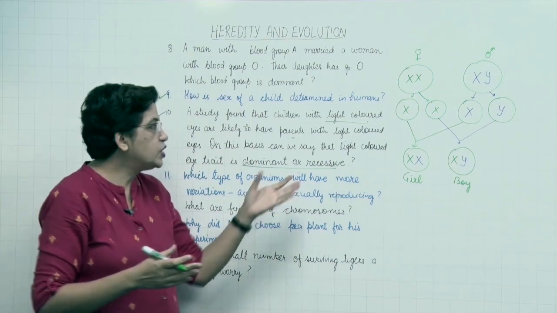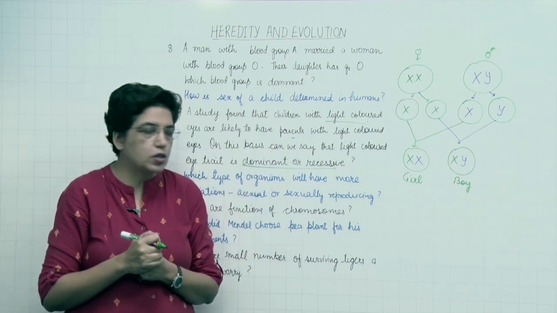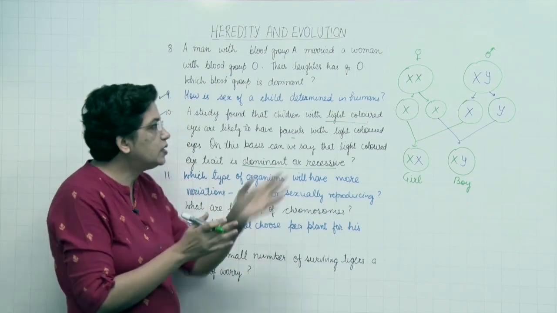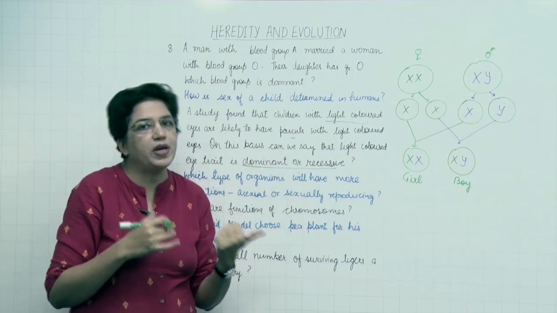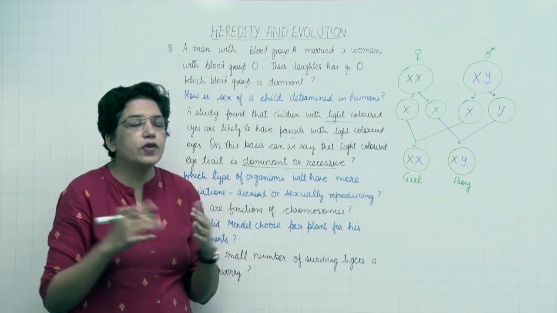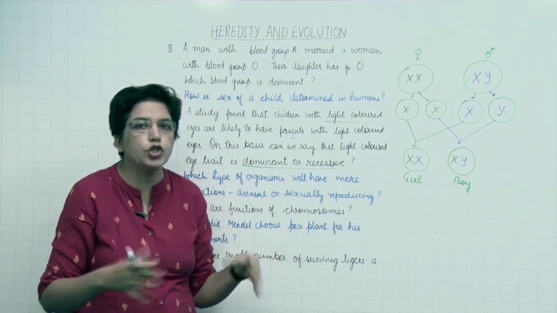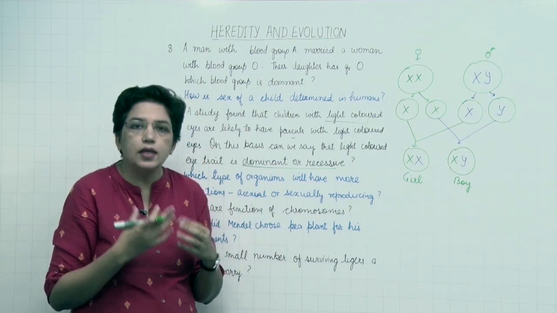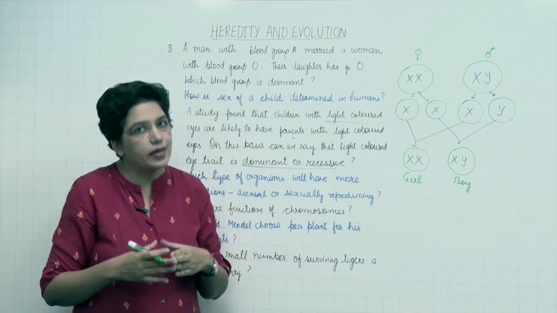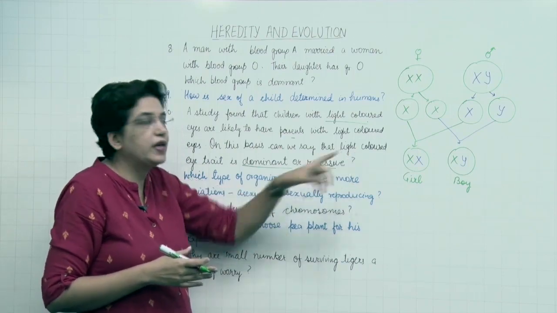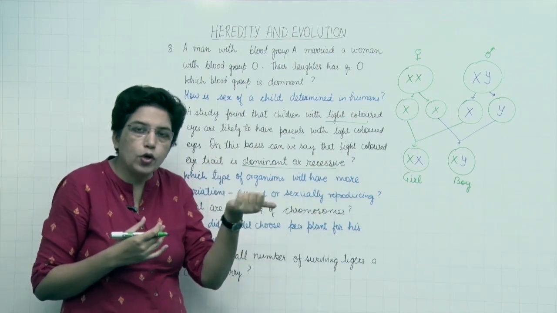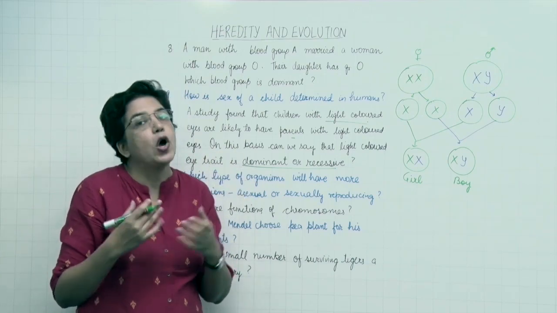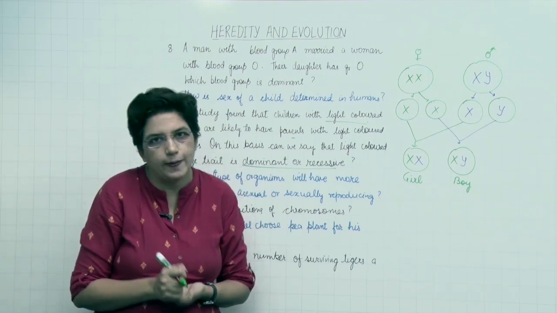Okay, so as we just discussed in this blood group question also, this information is not enough to decide whether this light colored eye trait is dominant or recessive, because we have to study a large population over generations, then only it is decided whether the given trait is dominant or recessive, because these parents, whether they have pure gene or a combination of dominant recessive, all these things are to be studied.